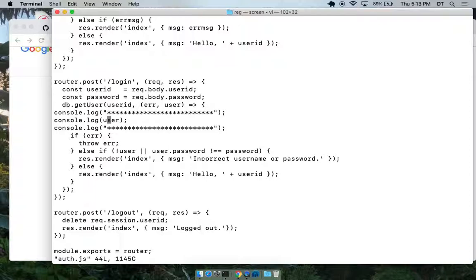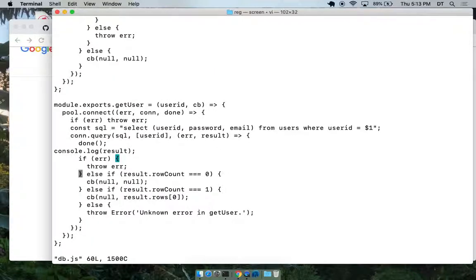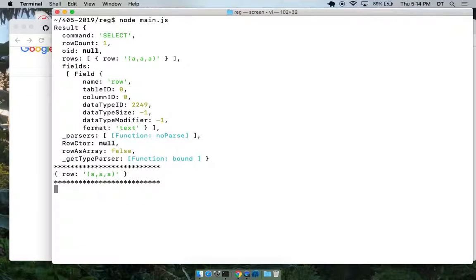And then if you have it, let me go back and have a console log result dot rows. All right, let's look at rows. Yes, rows of 0. Let's try that.